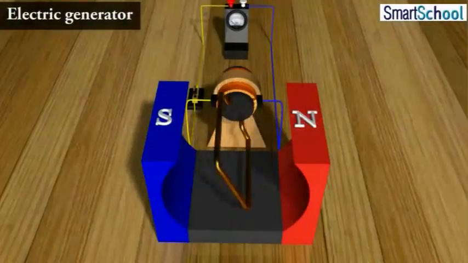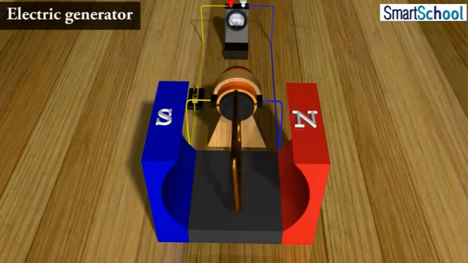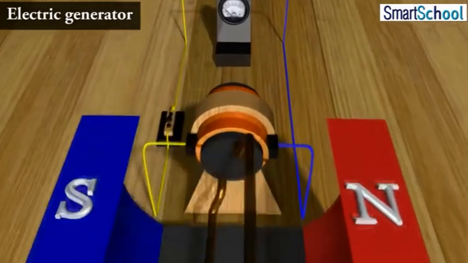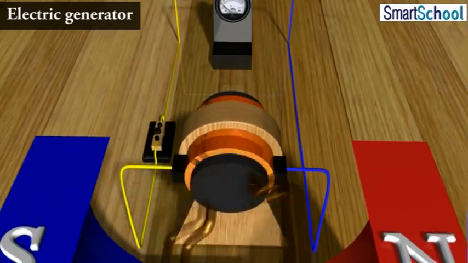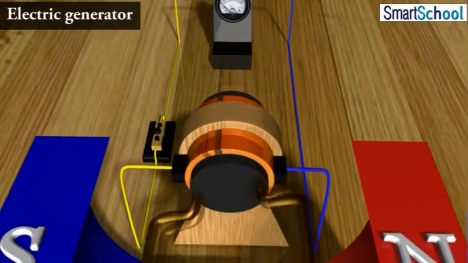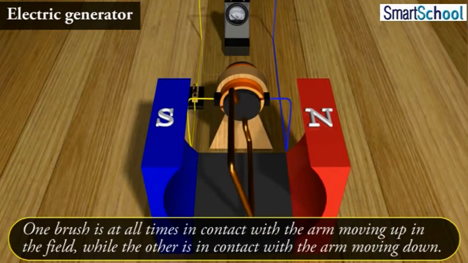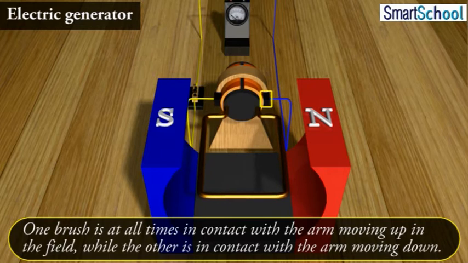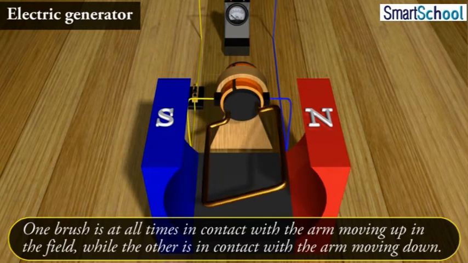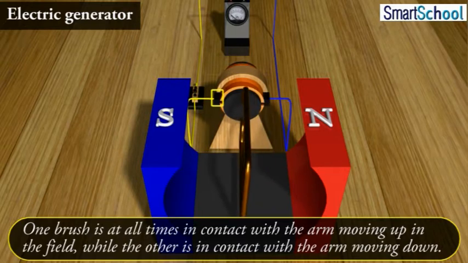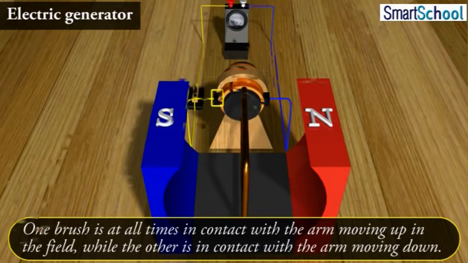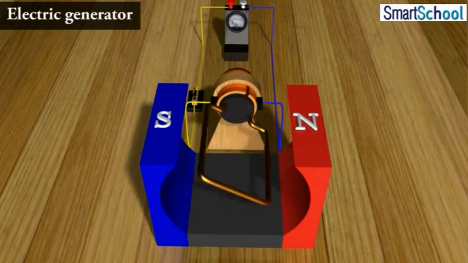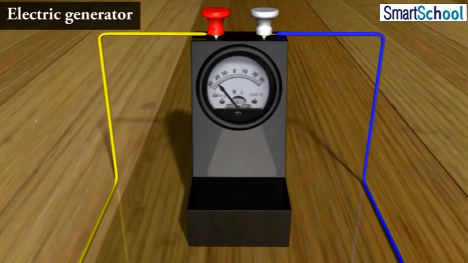To get a direct current, or DC, which does not change its direction with time, a split ring type commutator must be used. With this arrangement, one brush is at all times in contact with the arm moving up in the field, while the other is in contact with the arm moving down. We have seen the working of a split ring commutator in the case of an electric motor. Thus, a unidirectional current is produced,